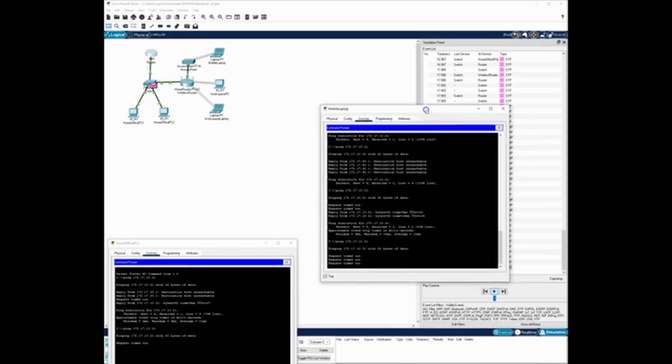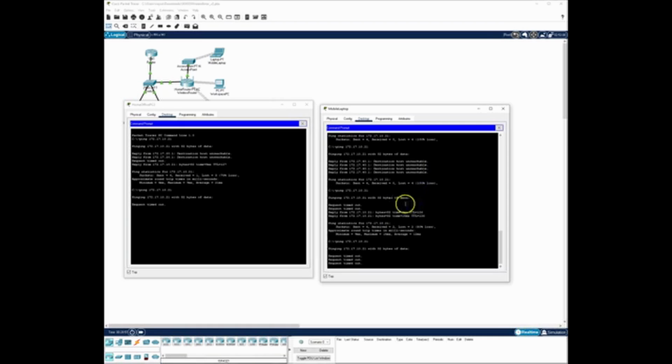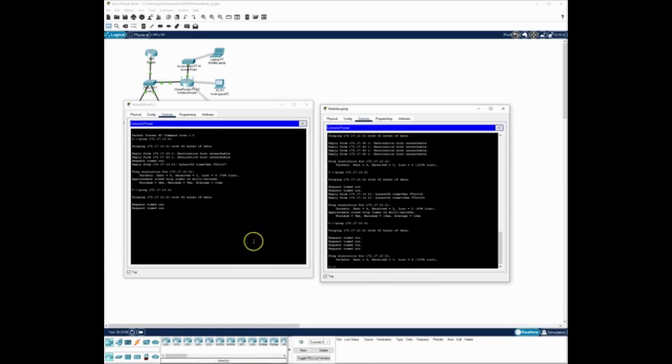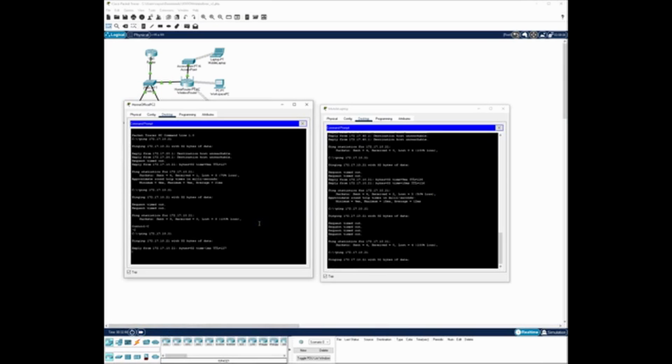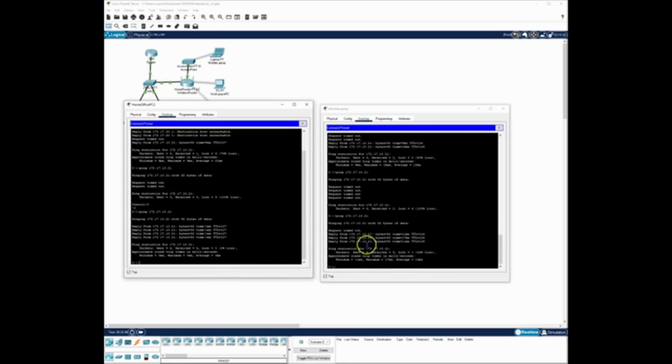Now we can close that window and go back to our main devices. At this point, you can switch to real time if you feel like it to speed this up. And if you'd like to cancel out the current request, if there still is one, you hit Control-C. Now that we've done this, let's skip the network forward. That way everything's fully converged. And let's retry those commands. As you can see here, they were both able to successfully ping Home Office PC 1, and we have resolved